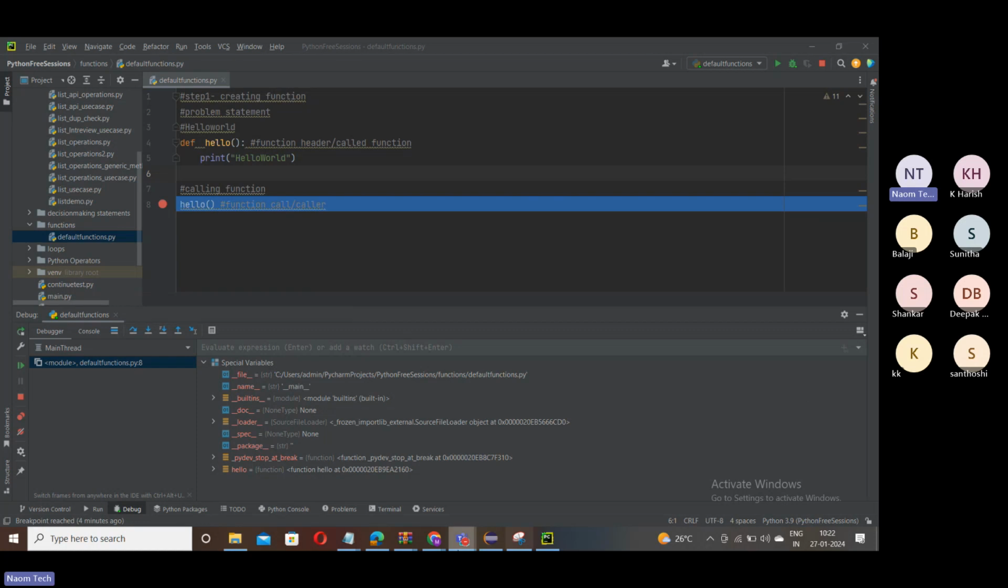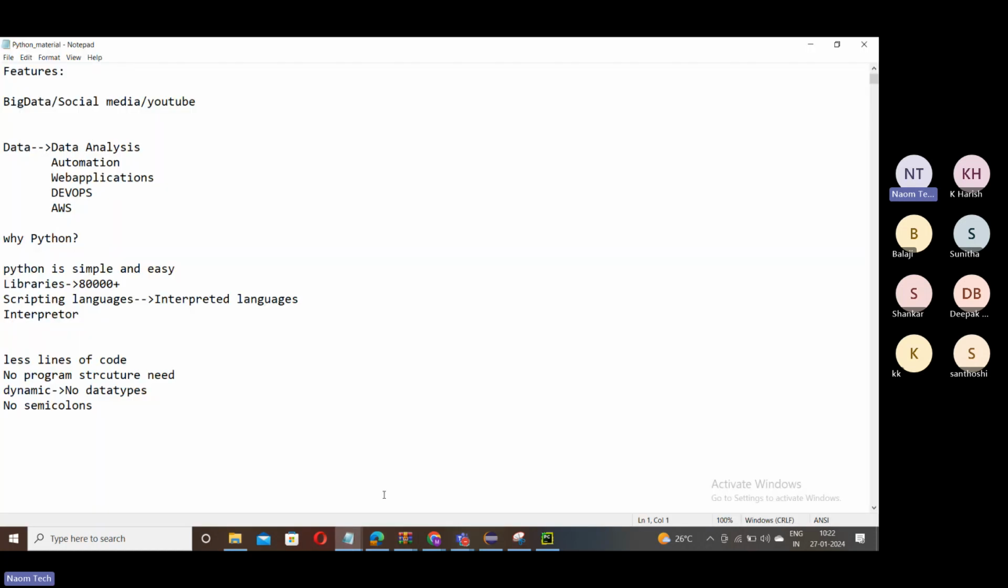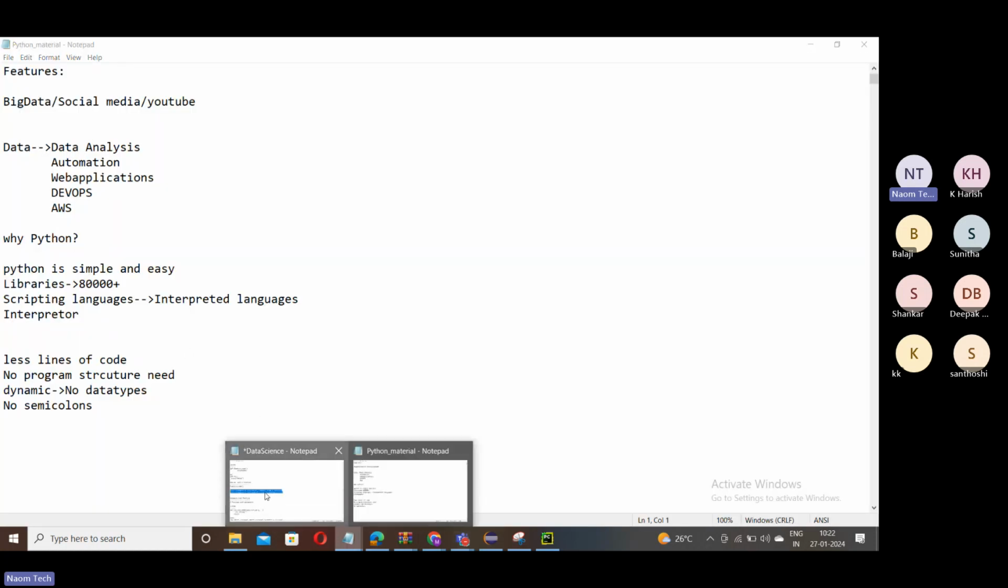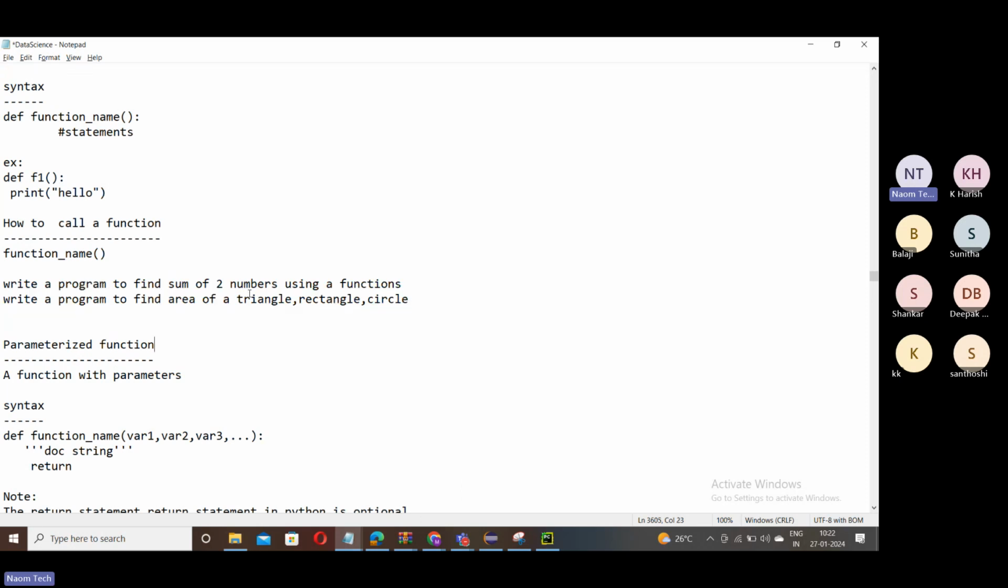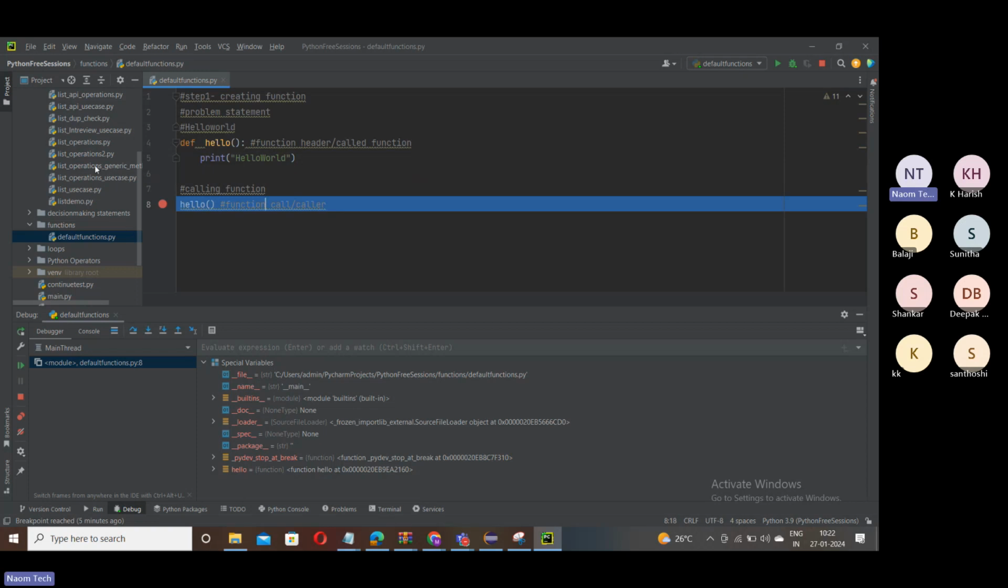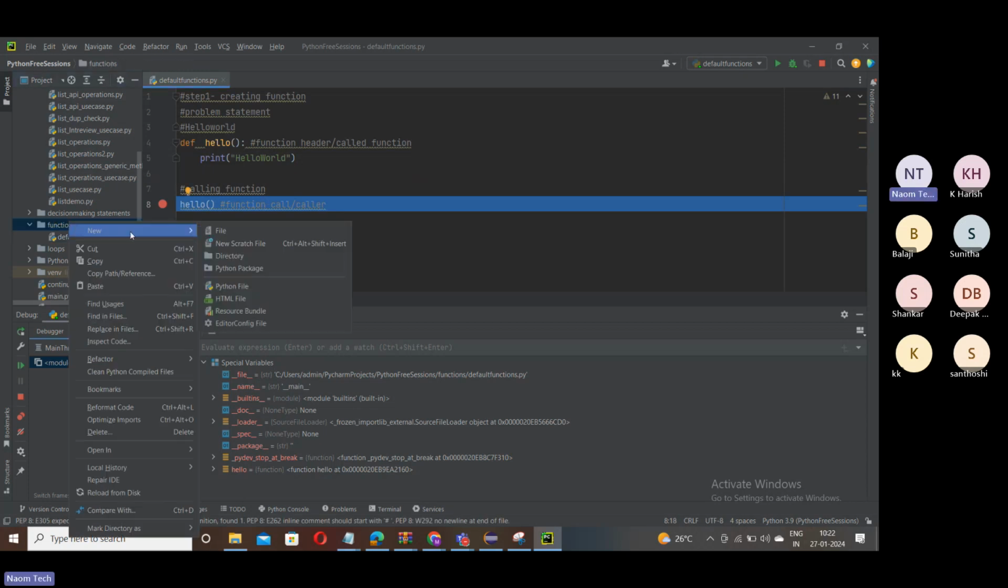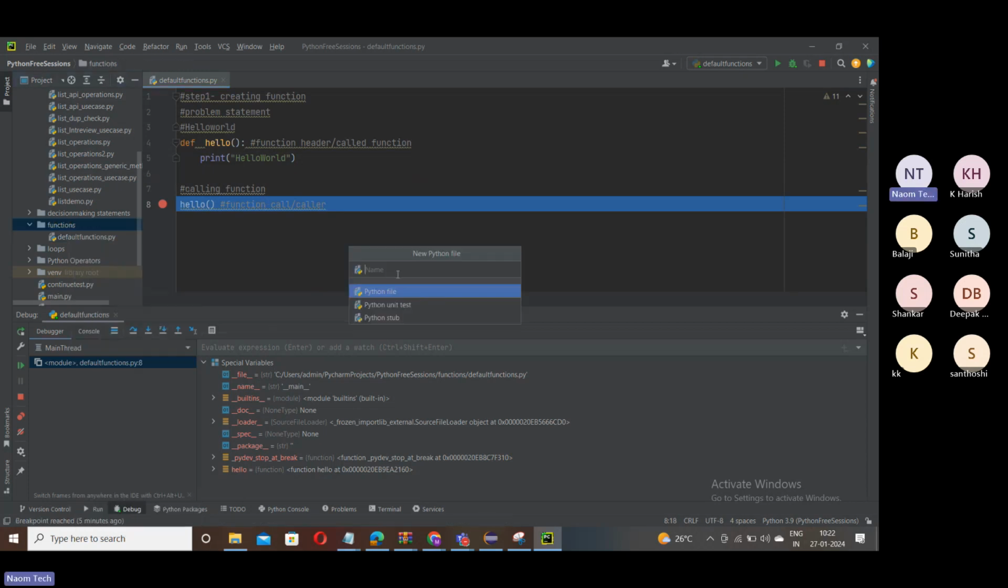Okay, friends, what I'll do is I'll try to show you because these are simple programs. So we don't need to think much about this. Let me just quickly solve these problems. Okay. So first thing, sum of two numbers using a function. Just come here, right click, and you can just create simply